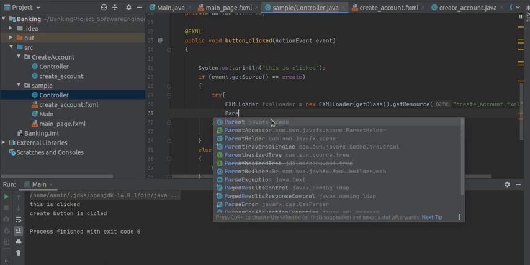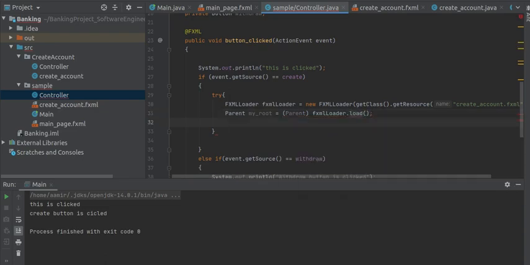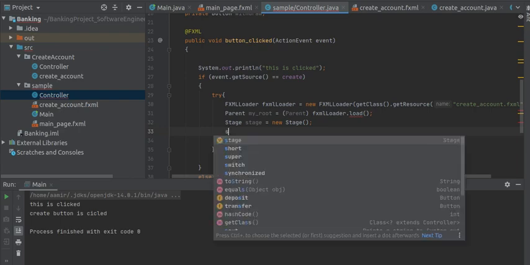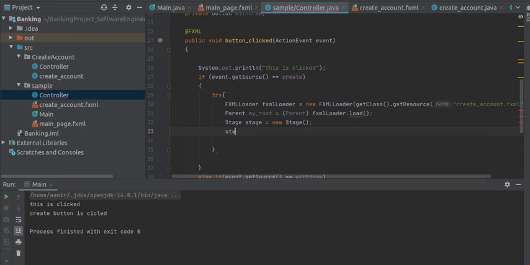This is my object name, parent, and in this I will write parent equals fxmlLoader.load. Now this will be loaded. Now let's create another stage: Stage stage equals new Stage. Now let's set the title of this stage.